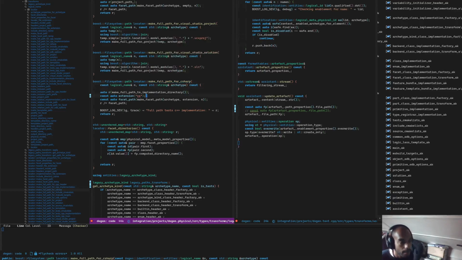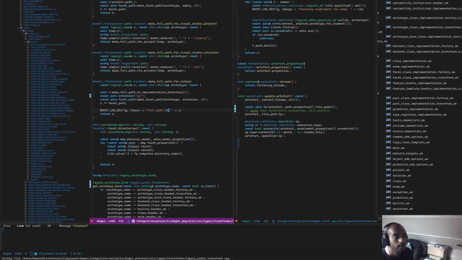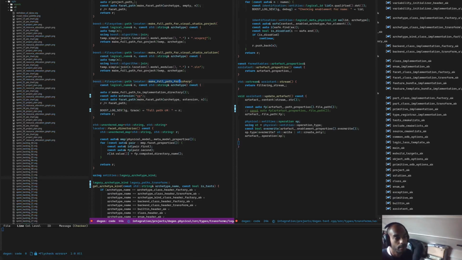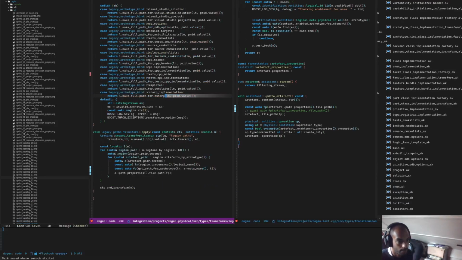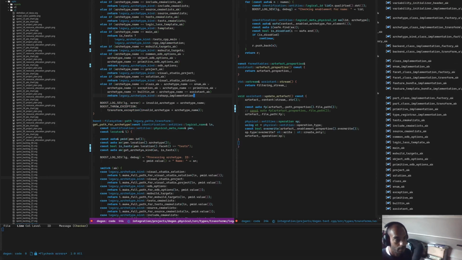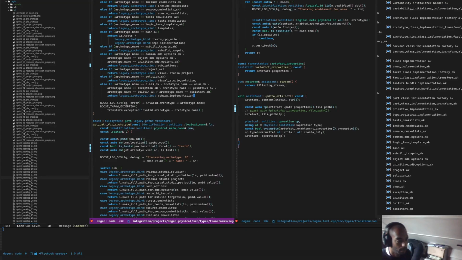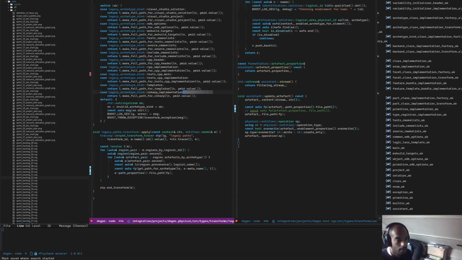I think so. I think the problem is, well, first let's make sure that we are indeed using the make full path for C# for the C# things. It could just be the case that we're using the wrong function. Vaguely looks correct. Let's have a look at the error message again. It seems to be all over the place. Dumper and... Right, so then, okay, that being the case, the question then is,